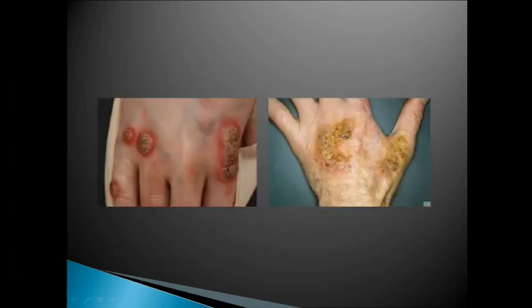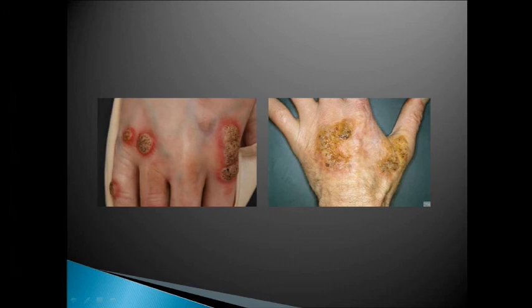Then TB verrucosa cutis, again the same. Large lesions will be present which look like warty plaques. And I have said I can do nothing, but we can simply do the biopsy and confirm the diagnosis. Many times people will do cautery. So cautery is not the solution for tuberculosis. It is just a diagnostic method. If you do cautery, again the infection will come out. So instead of doing cautery in this condition, we have to start anti-tuberculosis treatment. Then only it will respond.